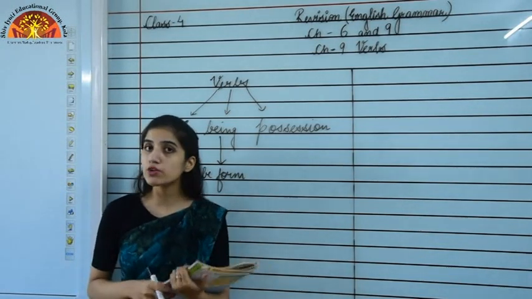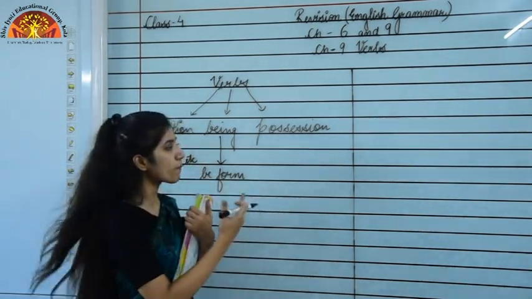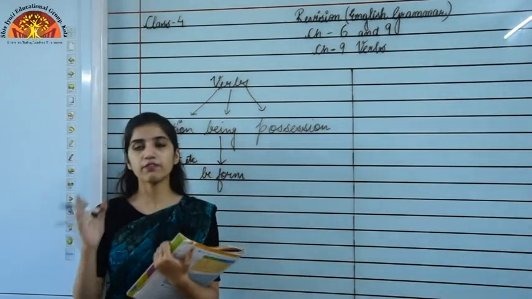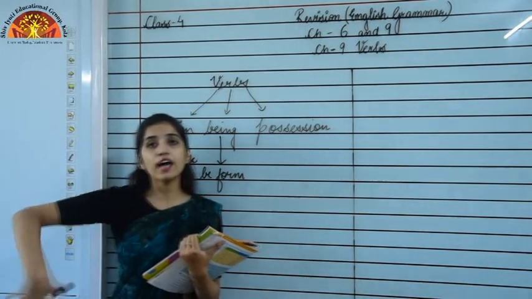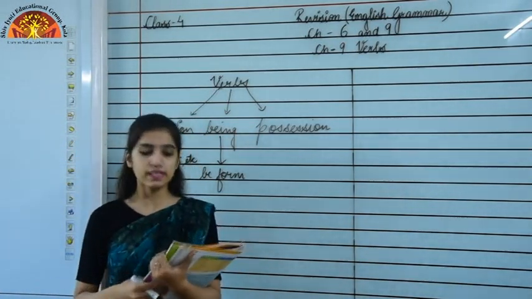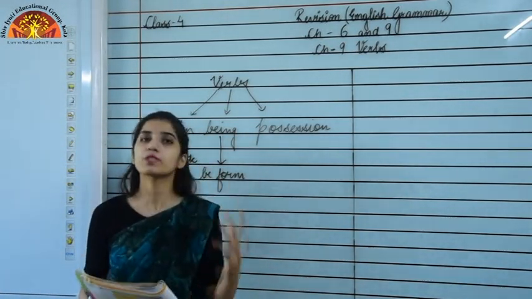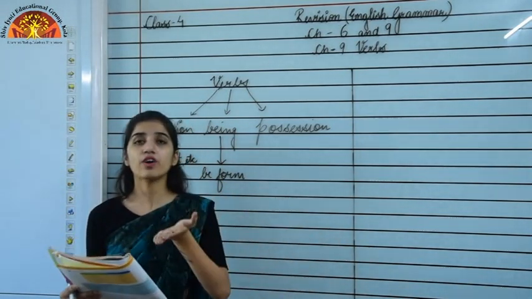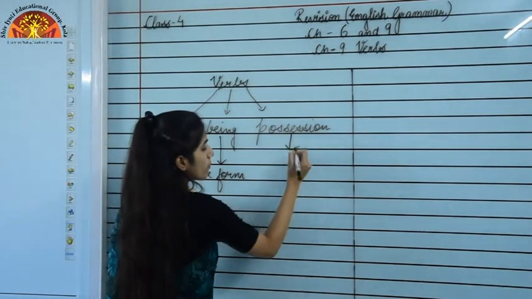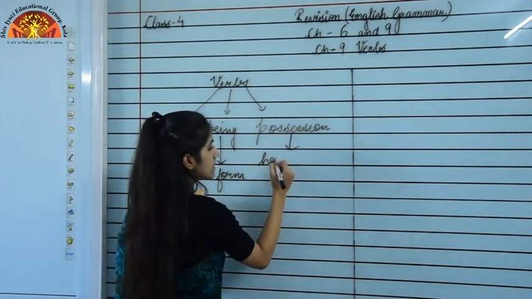When they are used as a main verb, they can also be used with the verb, like with the main verb also. But when they are used as a main verb in the sentence, they will show the possession or belonging. Like the example is written, I have a new toy. So possession is shown by has,